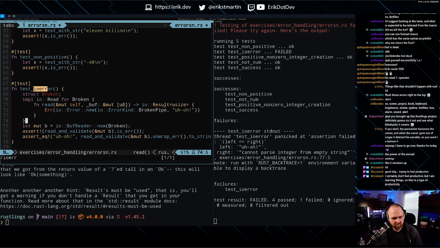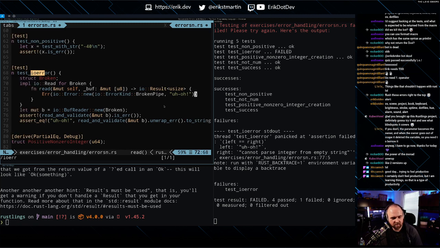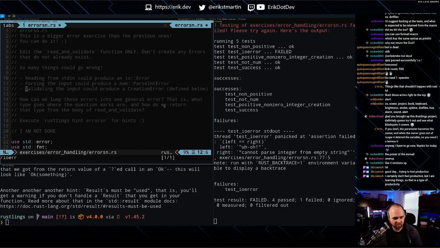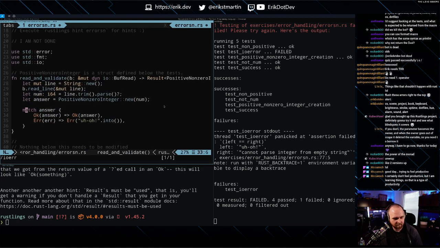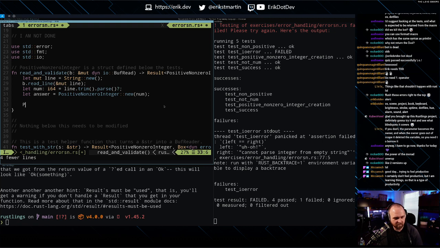So where is this failing? No, so it's actually returning the same error that we want. This is its own implementation. It's returning the error for the broken pipe. Its own error is uh-oh, so we're not supposed to be doing this. We're supposed to be rewrapping answer.